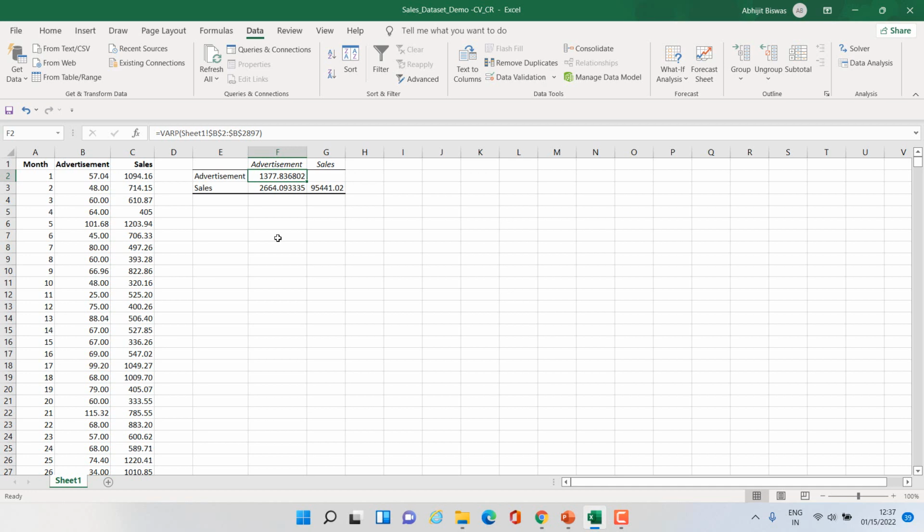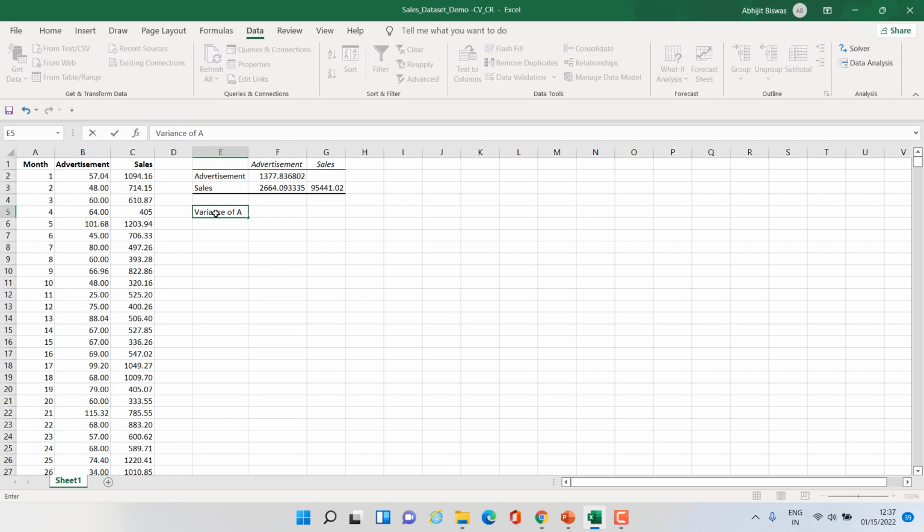You can cross verify that by using the var.p function available in the Excel. Let us cross verify. We just said that covariance between advertisement and advertisement is same as variance of advertisement. So let us calculate variance of advertisement.